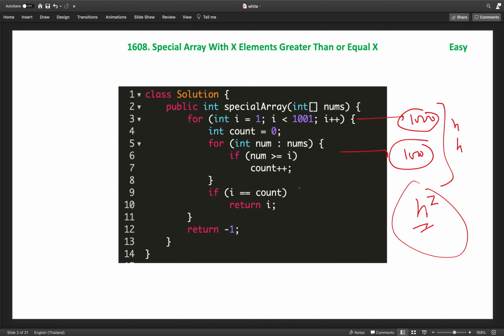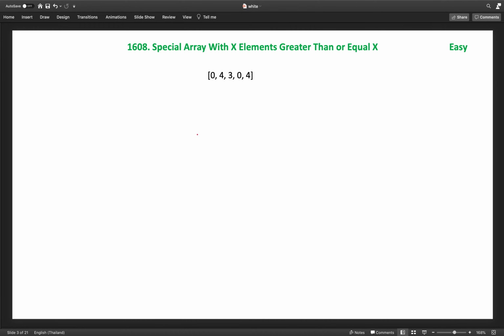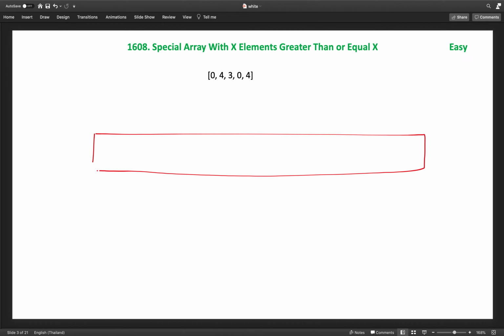How will we optimize it? For every i from 1 to 1001 we are looking at how many elements in our array are greater than or equal to it. So why can't we pre-compute and count the elements at every number, and know how many elements there are? So we will take an array of buckets, or counting array, of the size of the maximum element. We have the maximum element 1001, so we will take an array of size 1001, till index 1000. At every index we will mark the count. So at 0 we will count 1, then 4 at 4. Let's say just put this.